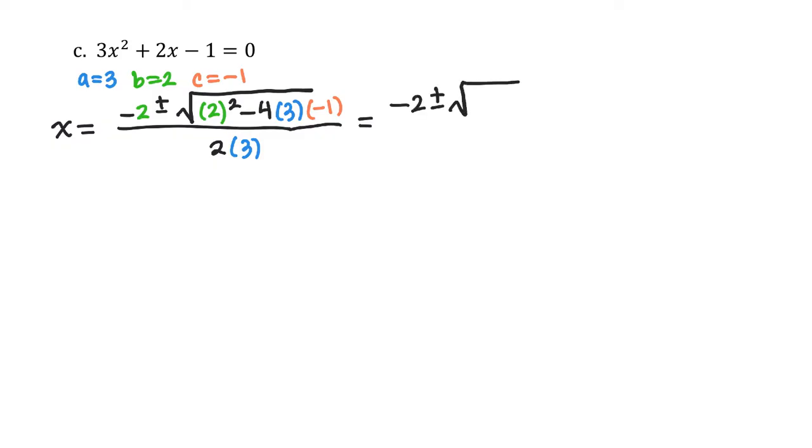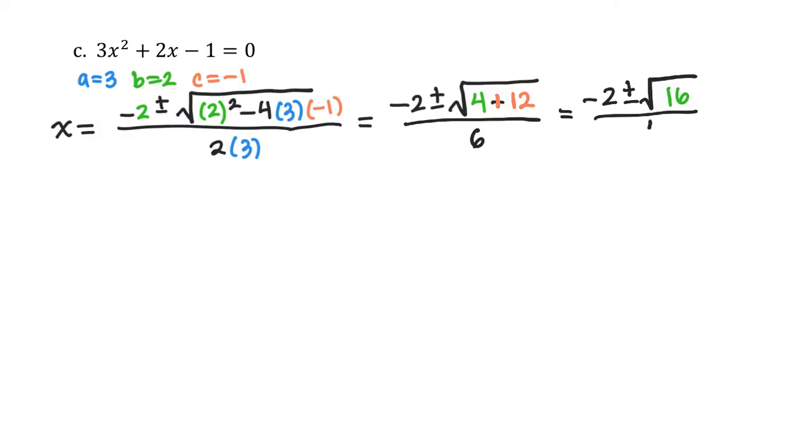Okay, now that we're plugged in, let's simplify it. In the radical, we have 2 squared. 2 times 2 is 4. Let's see, minus 4 times 3 is -12. -12 times -1. Oops, this is going to switch to a positive. Okay, 4 times 3 is 12. 12 times 1 is 12, so it's 4 plus 12. And then in the denominator, I have 2 times 3 is 6. Okay, let's keep going. -2 plus or minus the square root of 4 plus 12 is 16